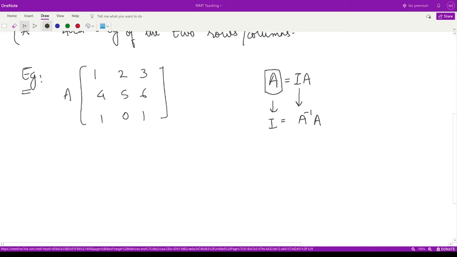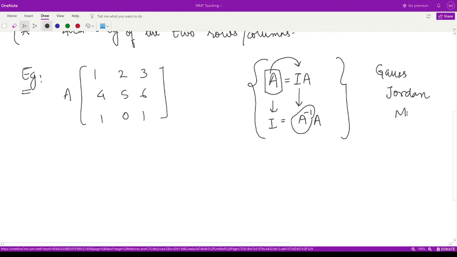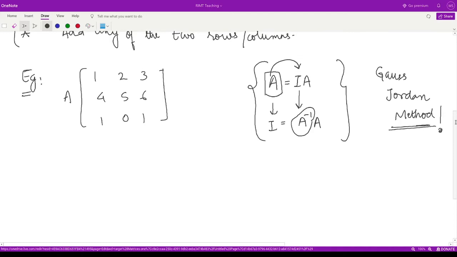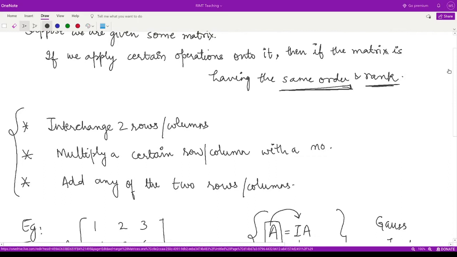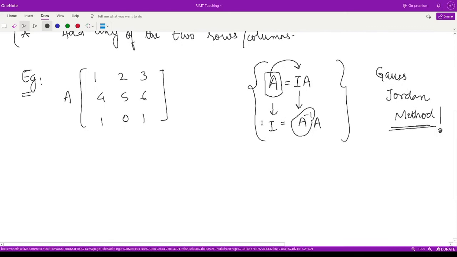So that means by performing such kind of transformation we are just converting the matrix A to the corresponding matrix inverse. This method is also known as the Gauss-Jordan method, which we use to find the inverse of a certain matrix. So by learning about these elementary transformations, simultaneously let us also understand this Gauss-Jordan method and the procedure to solve questions here. So this is the question here. Now let's solve this question.